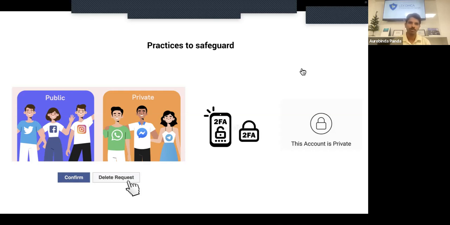You can just report in the first instance if anyone wants to get in touch with you for those kinds of things. So any request which comes into social media, be it on a private platform or a public platform, you need to take care of the request, whether you want to allow it, delete it, or ignore it, right?